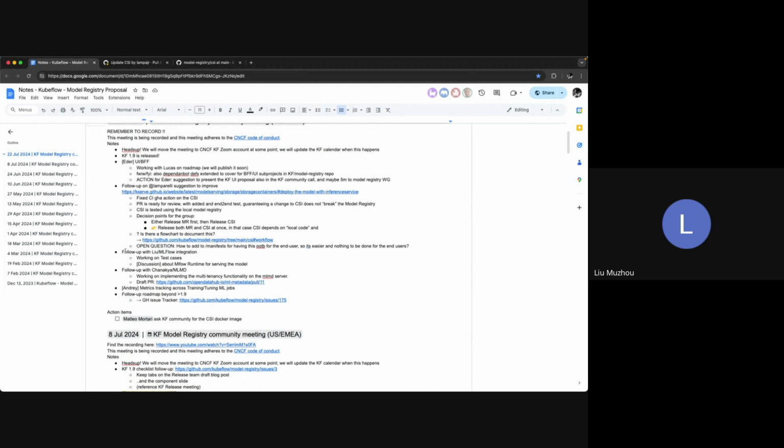Okay, so I'm working on the test case, but during the test case, I found that some details have been changed. So I'm thinking about moving to register the model instead of the model file itself, like the .onnx file or .pickle file, and using the MLflow runtime, because I